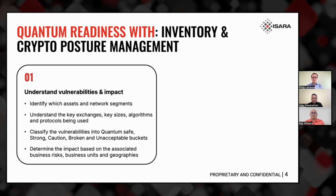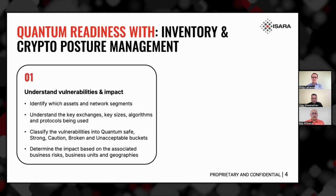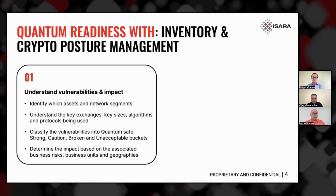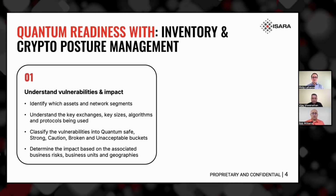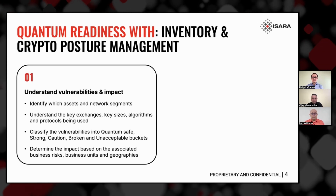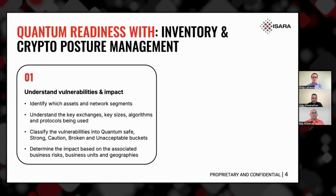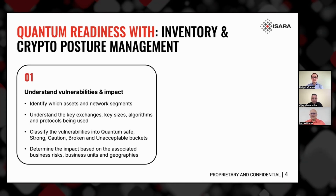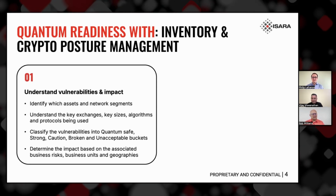So that itself is going to involve a couple of steps. You have to identify which assets, like servers, services, microservices, and network segments they sit on, to look for these vulnerabilities. Then you're going to have to understand things like the cryptographic algorithms they use, like the key exchanges, the key sizes, the algorithms, and the protocols. Protocols are important. You might have a fantastic brand new MLDSA certificate, but you're still trying to use TLS 1.0,